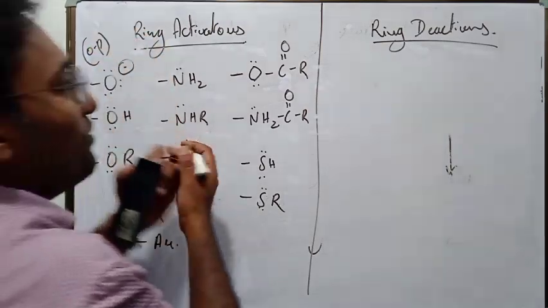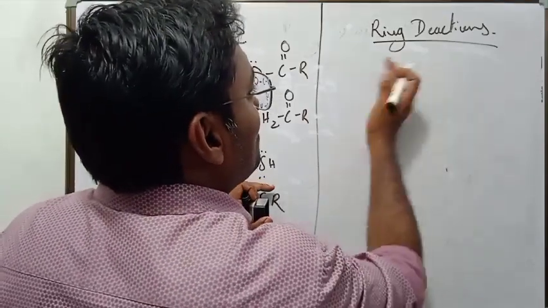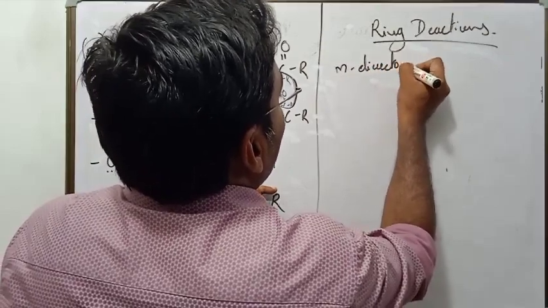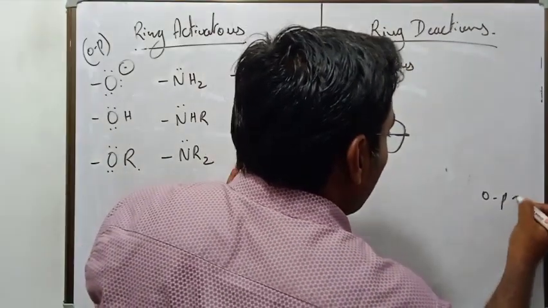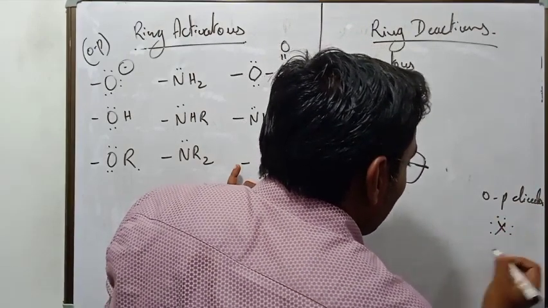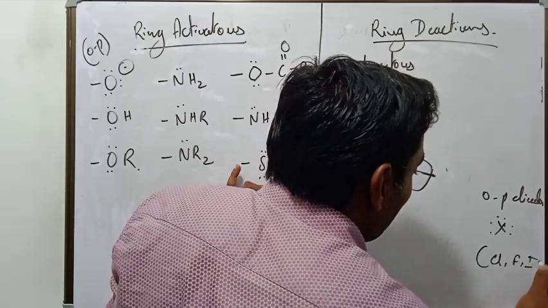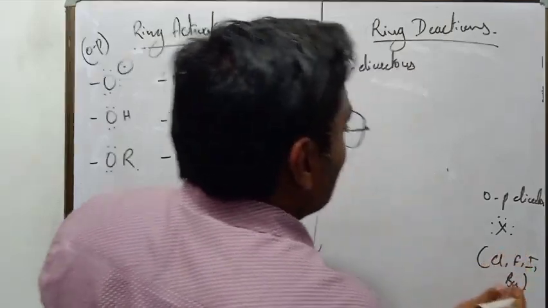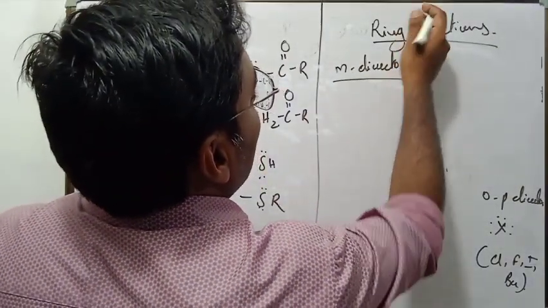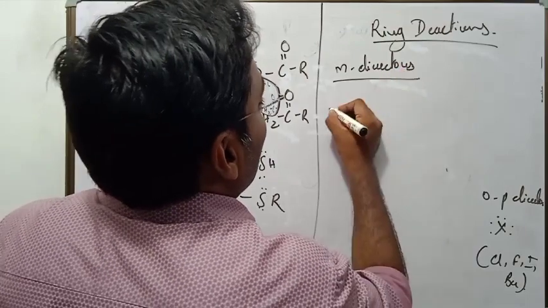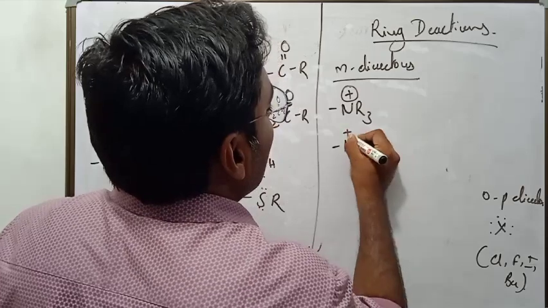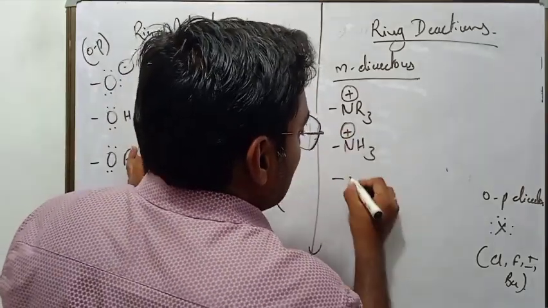Now in ring deactivators, you can subdivide them: meta director, right, and orthopara director. So orthopara director, which acts as ring deactivator, you already know what are they? Halogens. So you can write here Cl, F, I, Br. All of them reduce the electron density of the benzene ring. And meta director, you can write all meta directors. You can write what were there, NR3 plus, right? Whatever you have written there, NH3 plus, NO2 plus,